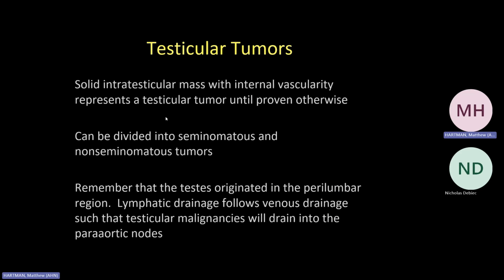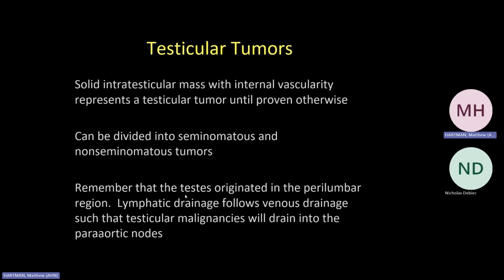So solid intratesticular masses with internal vascularity represent testicular tumor until proven otherwise. We'll divide our tumors into seminomatous and non-seminomatous tumors. Seminomatous tumors will be much more common than the non-seminomatous tumors. In terms of tumor tipping points and what is going to mitigate the prognosis for the patient, we're looking for